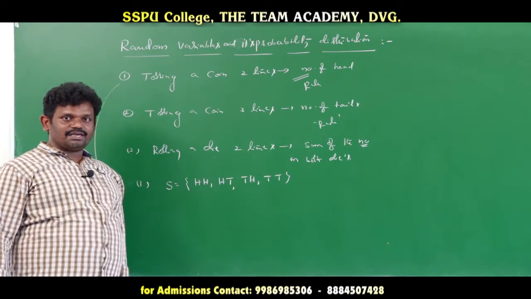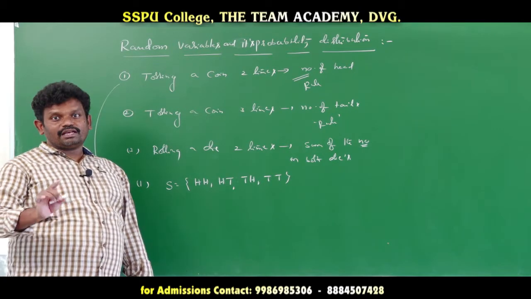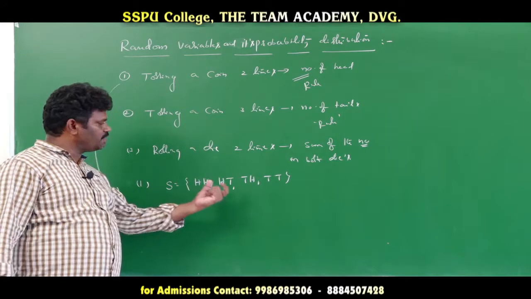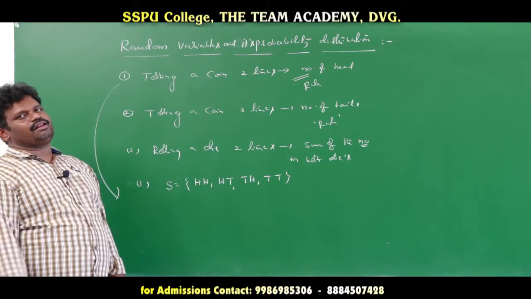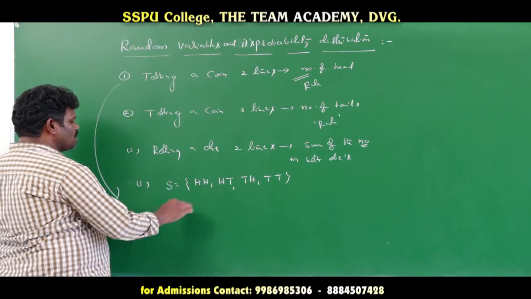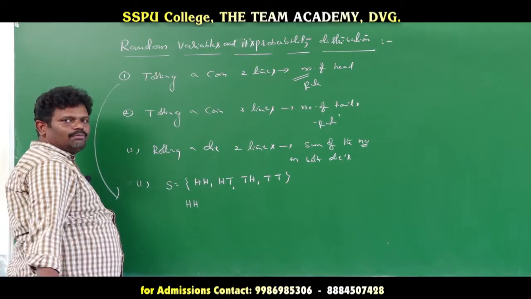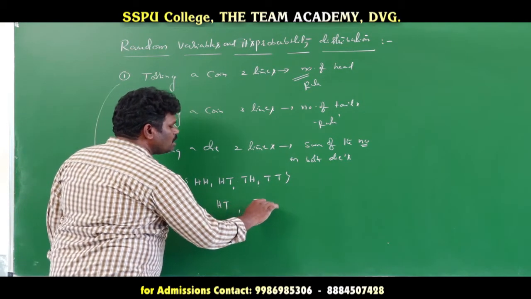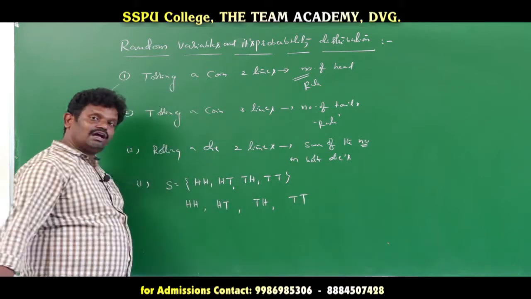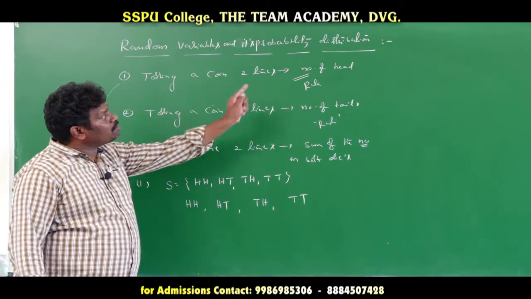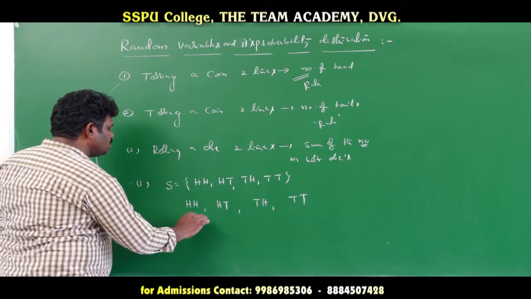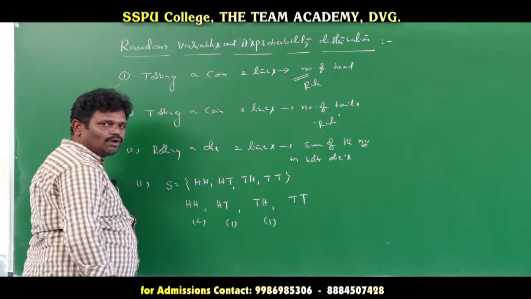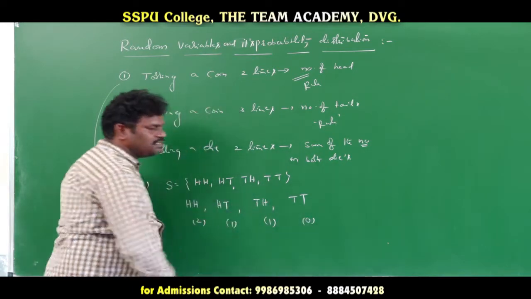In that sample space, for each outcome the rule here is the number of heads. That rule assigns to each outcome of that random experiment a single real number. HH is one outcome, HT is another outcome, TH is also another outcome, and TT is also another outcome. Now the rule is the number of heads. Here, how many heads? 2 heads. Here, 1 head. Here, 1 head. Here, the number of heads is 0.